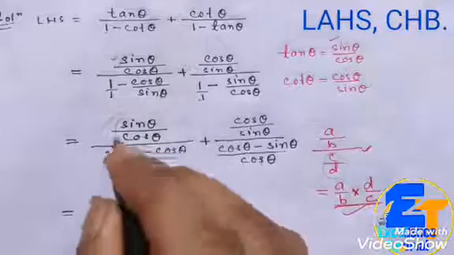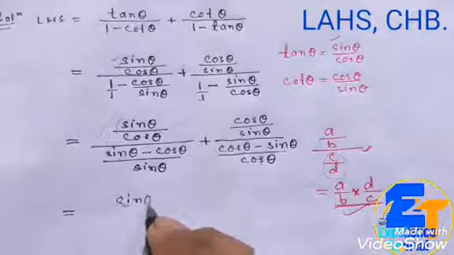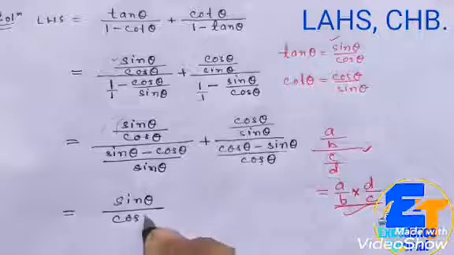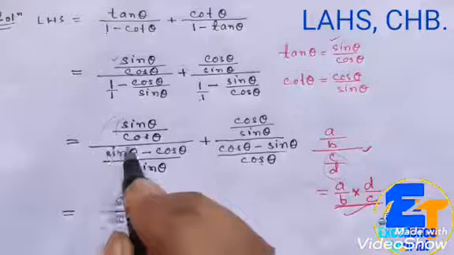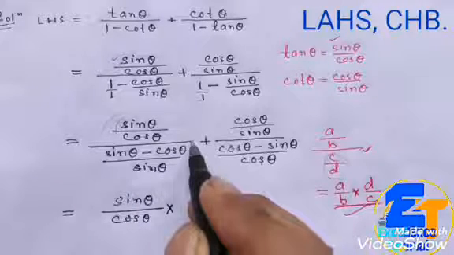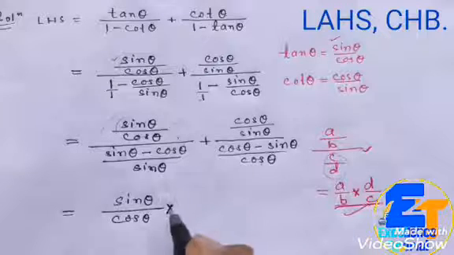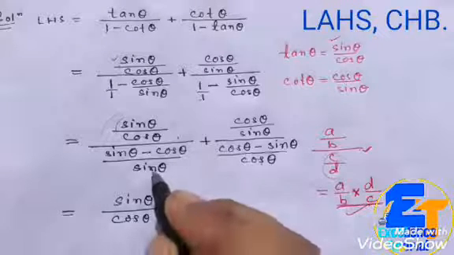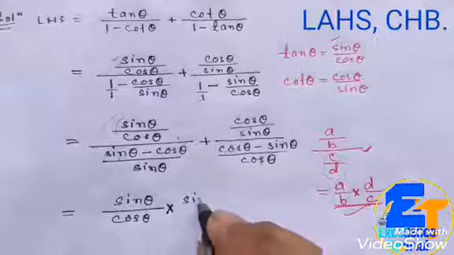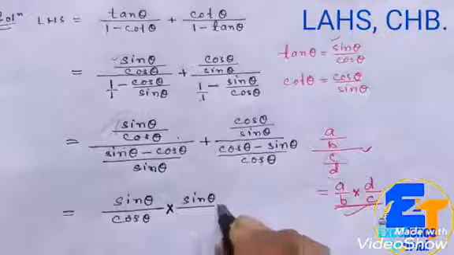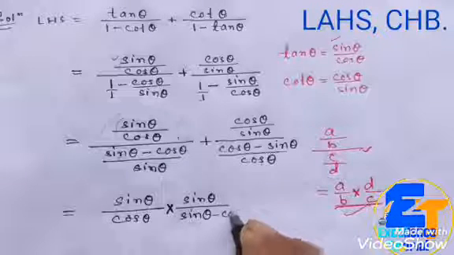So see, write the numerator as it is: a by b sin theta by cos theta into... now see, earlier it was given in division form, we have changed the sign. We are going to express the same in multiplication, in product form, so make it reciprocal of this fraction: sin theta we are going to write at the numerator place, divided by sin theta minus cos theta,